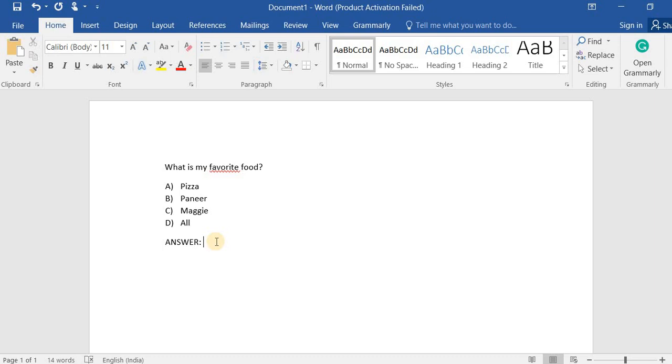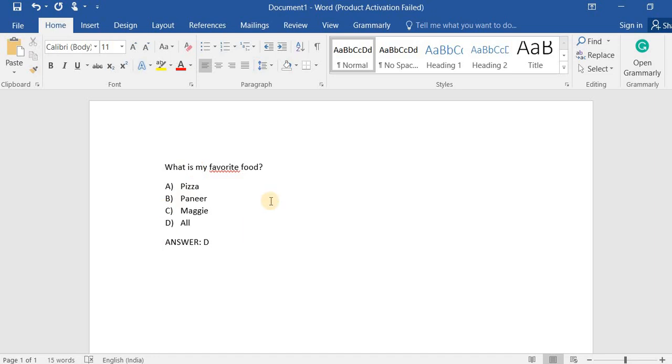Make sure that the sentence is on the same line, and that there is a space between the bullet number and the answer. Your answer word should be capitalized, followed by a colon and space, like this, and my answer is D.